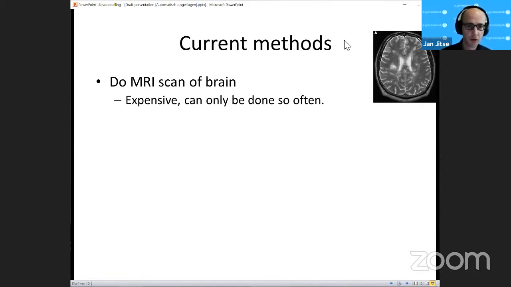What you look at is black or white spots on the brain. These are called lesions or plaques. They're the areas that are damaged by the immune system. This is expensive, and it's quite a burden on the patient, actually. It's non-invasive, but still you sometimes have to take a contrast liquid. You have to lie still in this MRI machine for quite some time. You have to go to the hospital. If you have trouble walking, this is a big step.